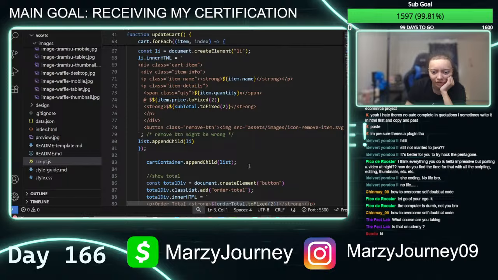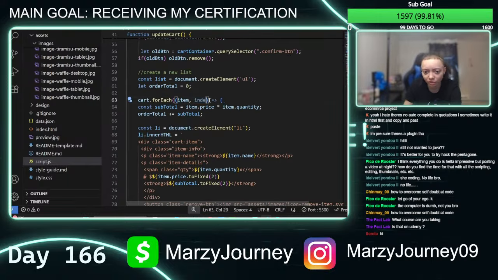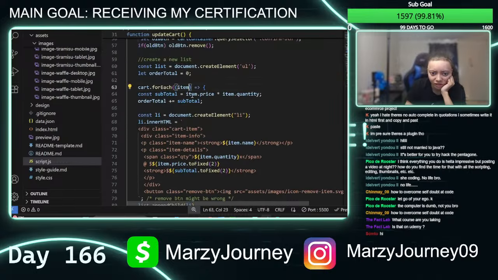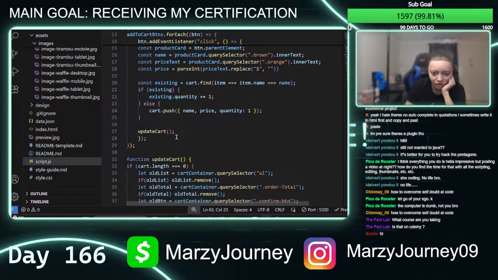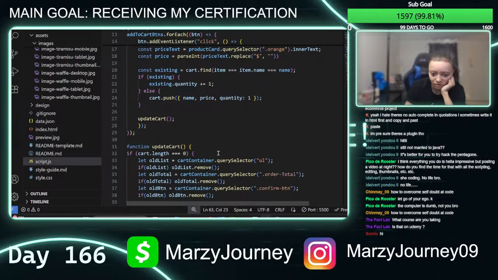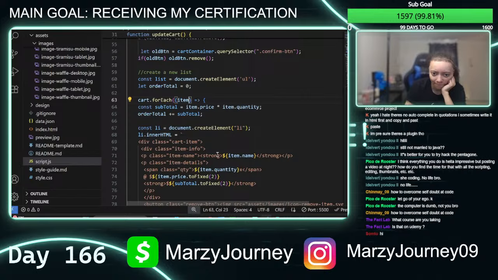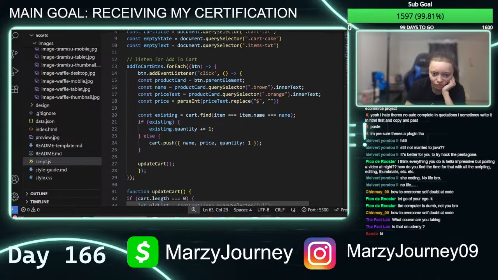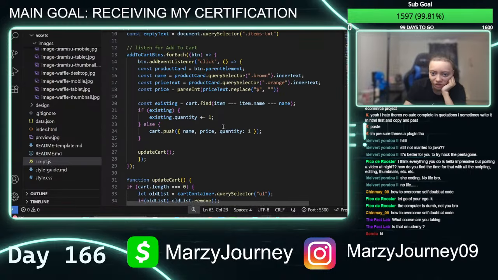Oh, you know why? I think the index was there specifically to do the X button. But item is declared here. So I'm wondering, oh, it could be because this closed here. Was it not supposed to close here? Is what I'm thinking. No, because that wouldn't make sense. I think it still is supposed to close there. This is actually quite difficult. I don't know what I'm supposed to be doing with item.